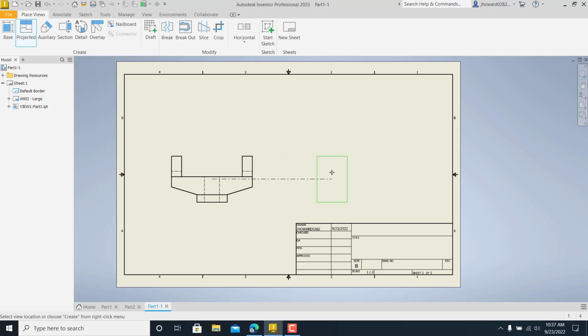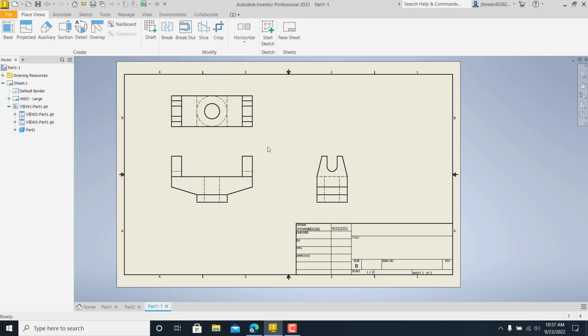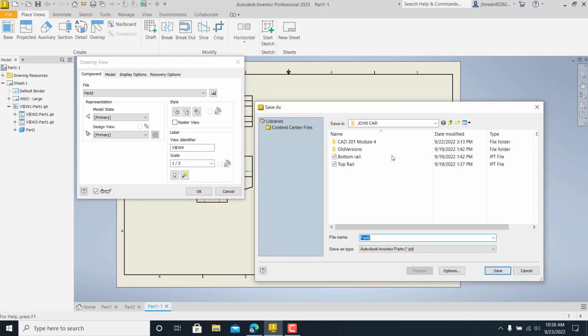So when I get this in here, I just come up here to project, and it'll project over. We'll just left click and then right click to create, and then click on the front. Again, bring it straight up, just regular left click, right click, and create. And I always want to put